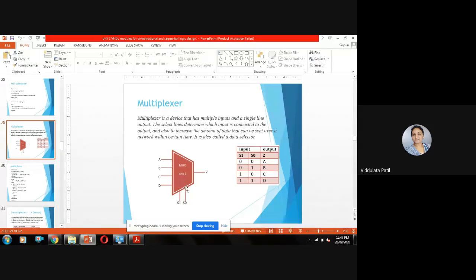Here for multiplexer, we will have 6 input ports, that is A, B, C, D, and S1 and S0. These are the input ports, and Z is the output port. So that we need to mention, and after that, depending on this truth table, we are going to write an architecture.